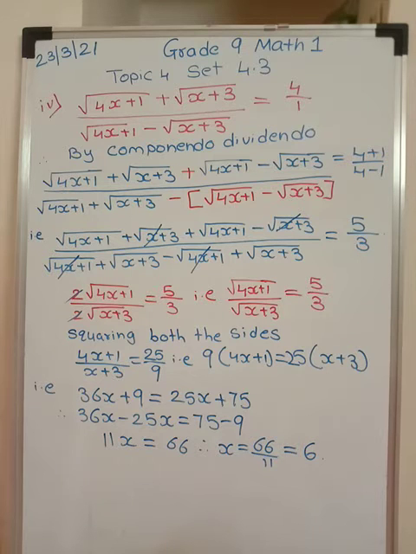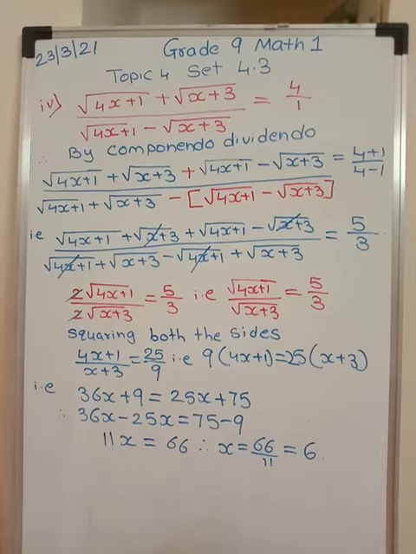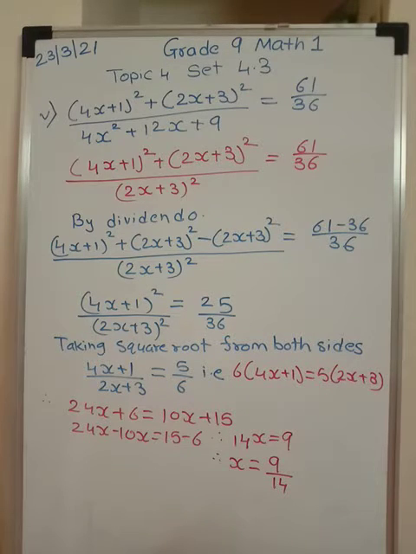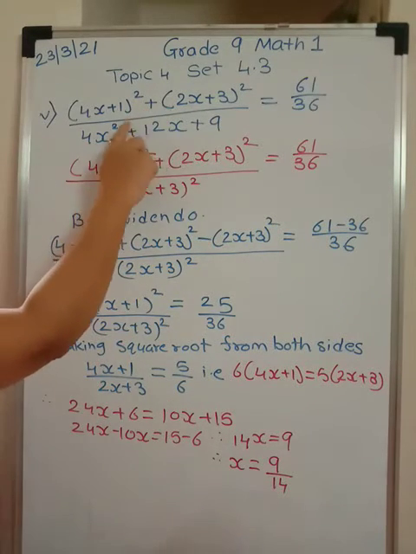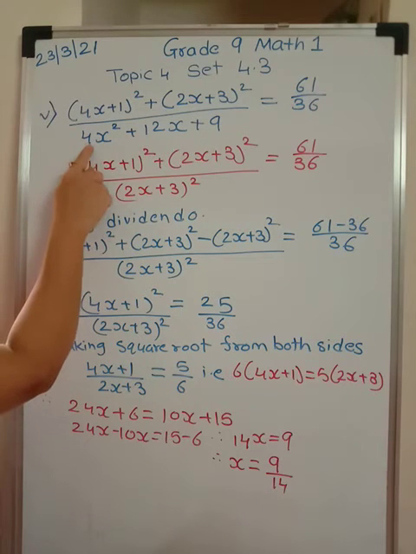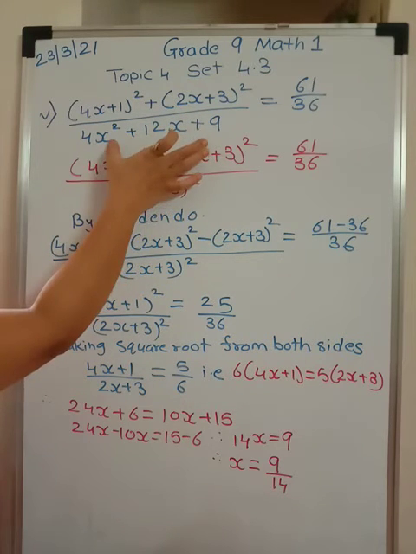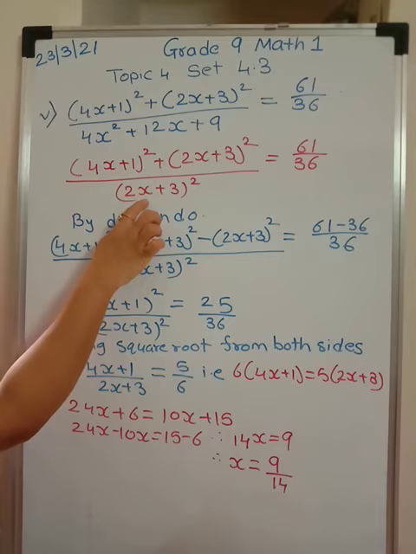We'll go to the next one now, fifth one. You may pause the video, understand and then do it. Now look at fifth question. This is the question given. Now see, 4x square plus 12x plus 9. This is whole square of 2x plus 3 the whole square.